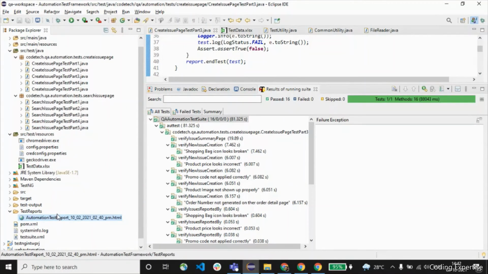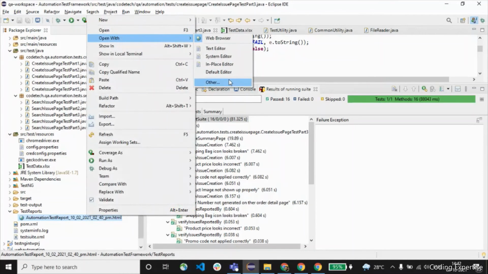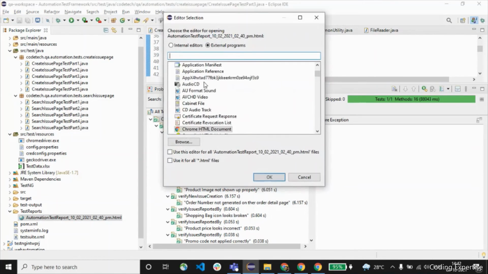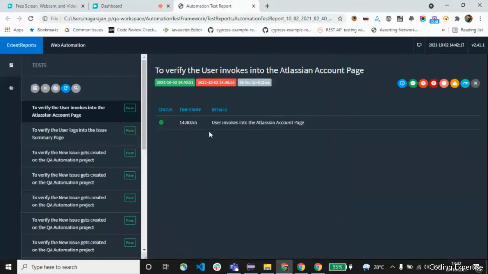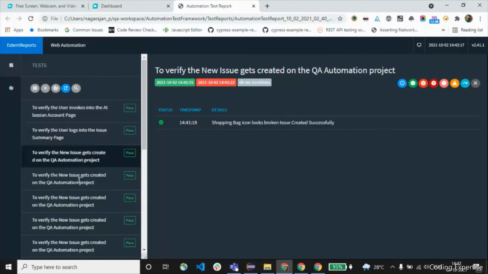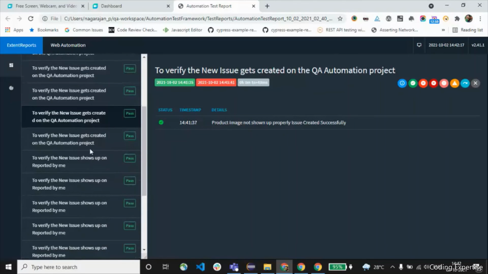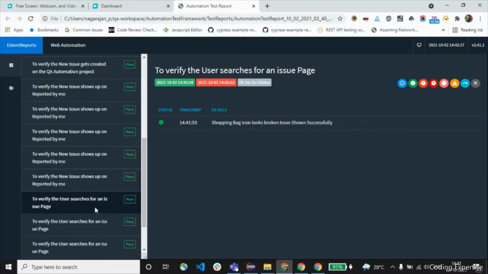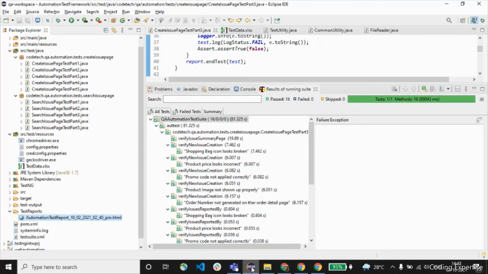So you could see here the report got generated, right? Let me open up this particular file. You could see all the test cases have passed, right? So all these bugs have been created and validated. Okay, so we're done with the execution part. It's nicely generated the report as well.